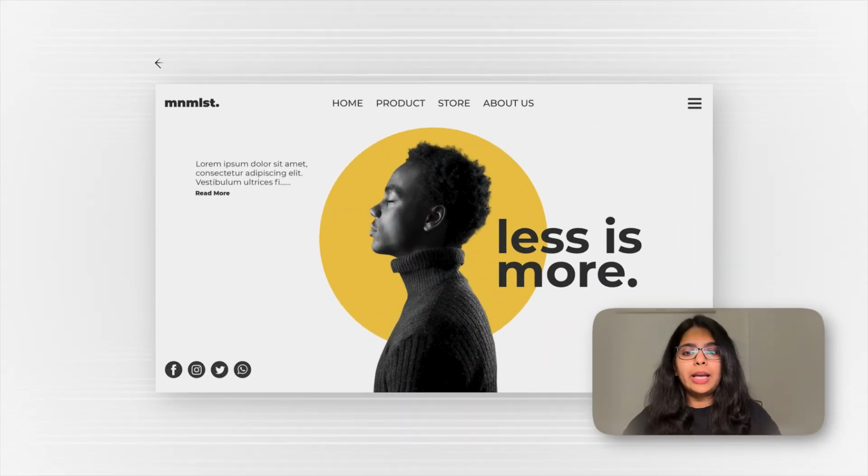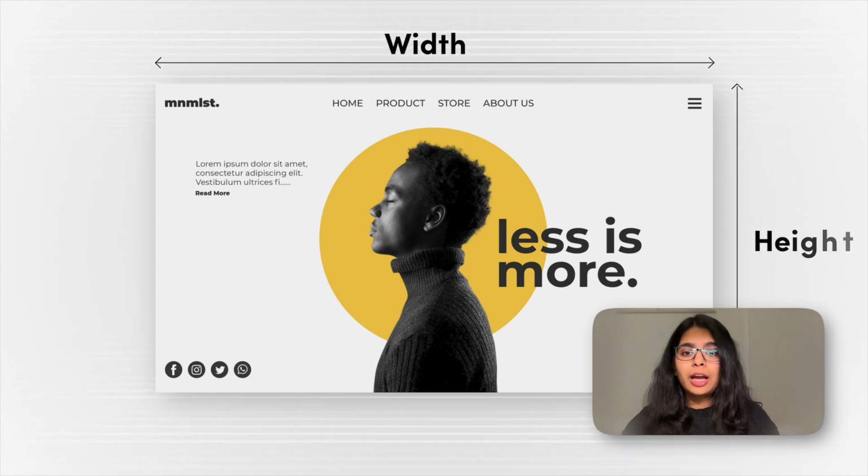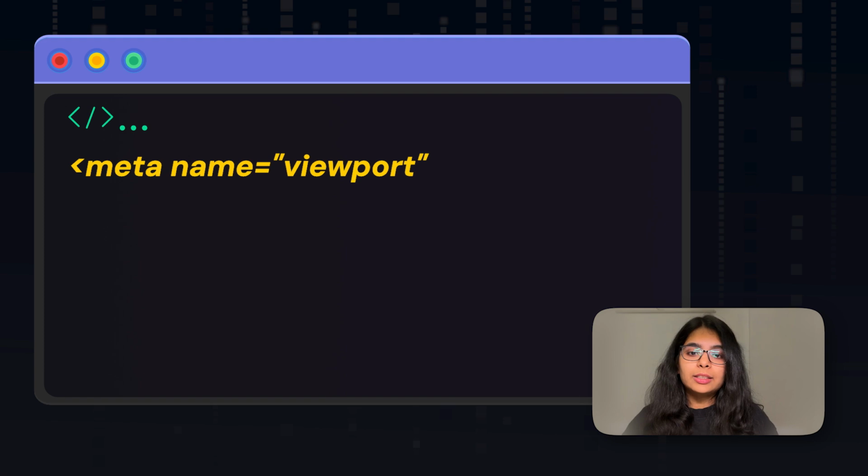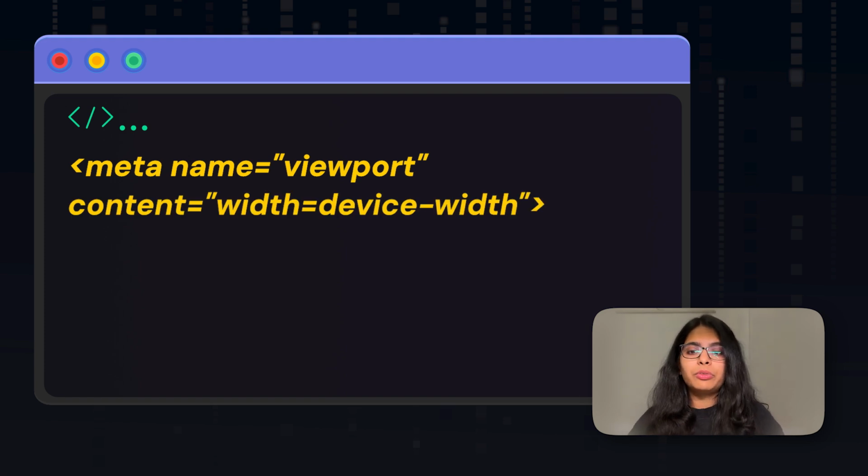Once the render tree is ready, the browser now moves to the layout phase. This is where it figures out where and how the elements should appear on the page by calculating their width, height, and positions based on the screen size. The viewport meta tag is the key here because it sets the width of the layout viewport, which directly impacts how the page looks.